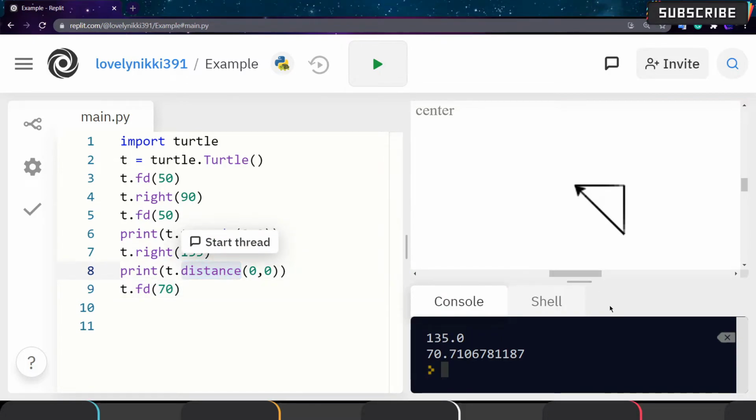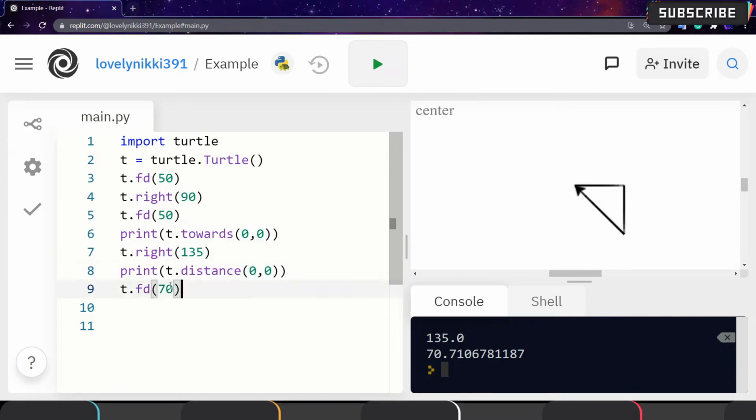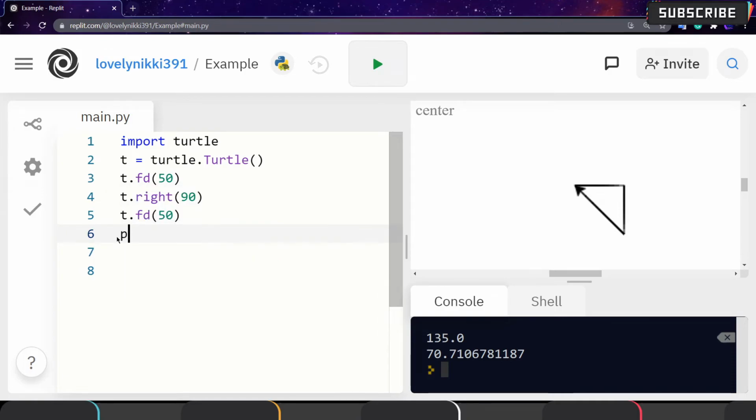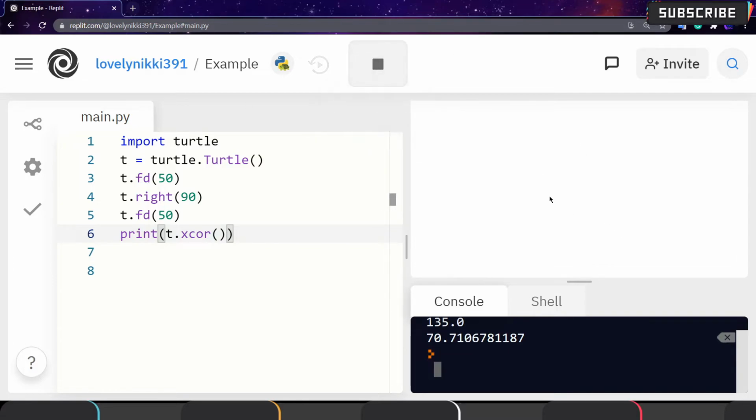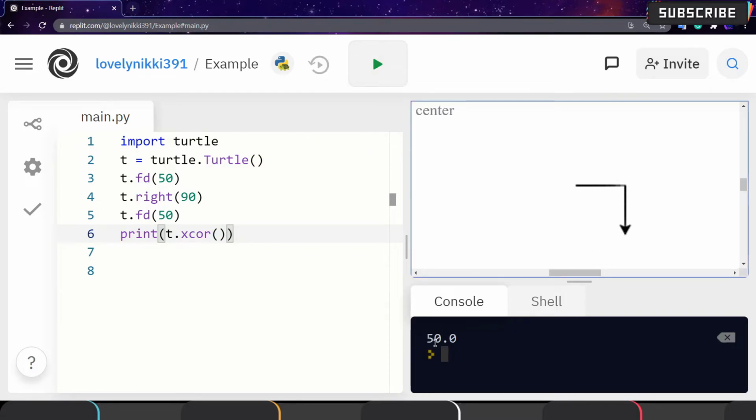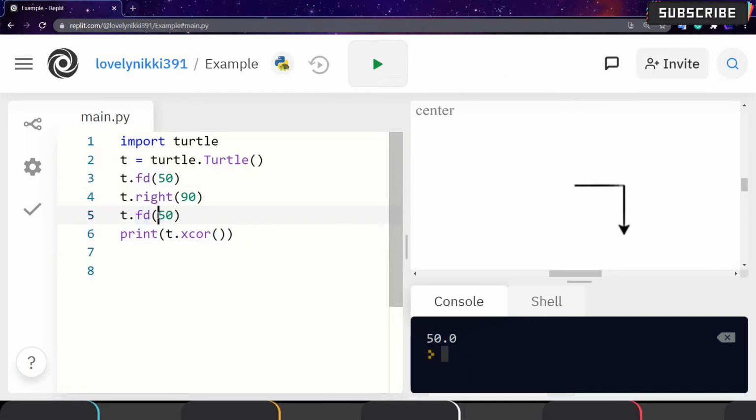So let's see the next functions. Suppose if you want to get the current x position, you can directly use print t.xcor(), the x coordinate, right? It will directly print the current position. It is 50 because we moved the turtle forward 50, right?